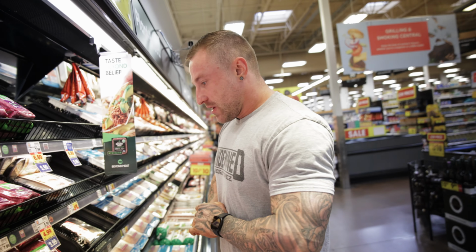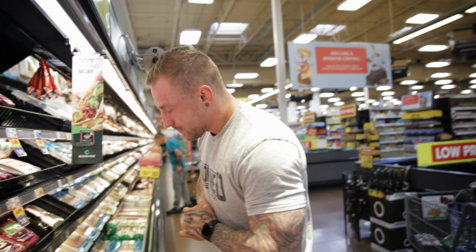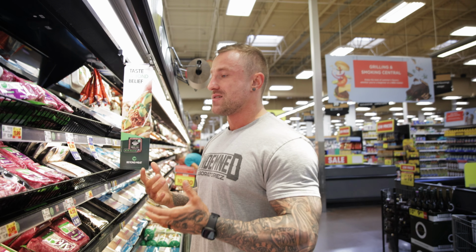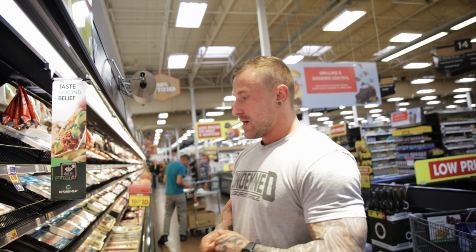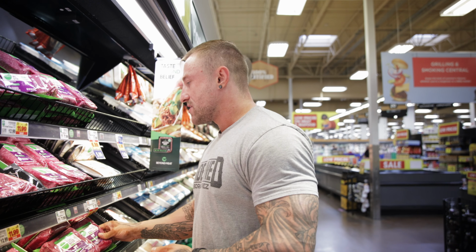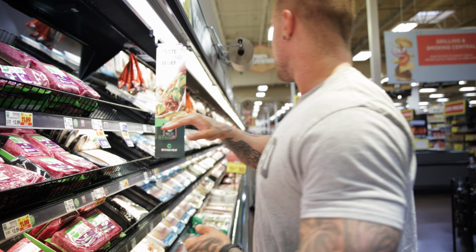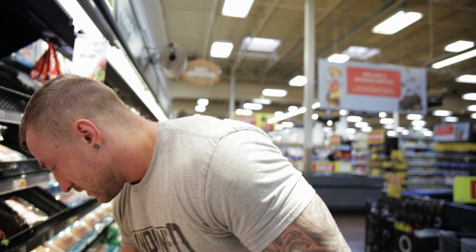All right, so I am looking now for some lean ground beef. My plan currently calls for at least 96/4, so it is very lean ground beef. As far as ground beef, I like to go with grass-fed. Sometimes it's just hard to find it that lean. I know Laura's Beef, if we find it somewhere in here, is a great choice for lean ground beef. That's still